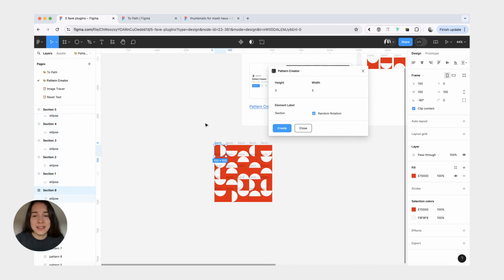Before I knew of this plugin, if I wanted to make a pattern, I would literally sit for 10 minutes figuring out all the different configurations, trying to make it appear random and balanced. And I was always disappointed with the result because I was probably overthinking it. Having this plugin is just so nice to be able to do it in one click. And if you don't like it, you can regenerate it. But usually I'm just happy with the first result that I get.